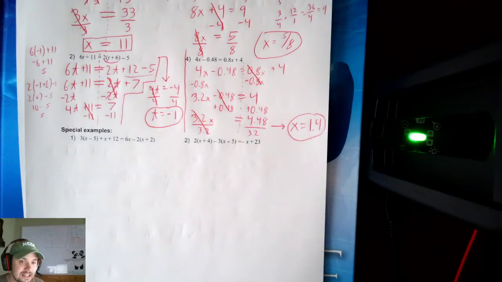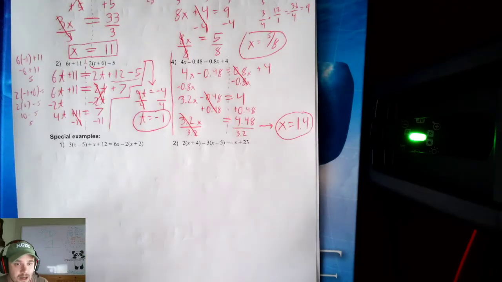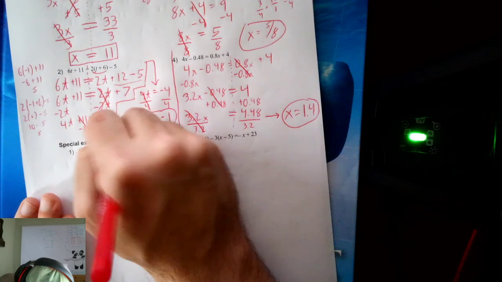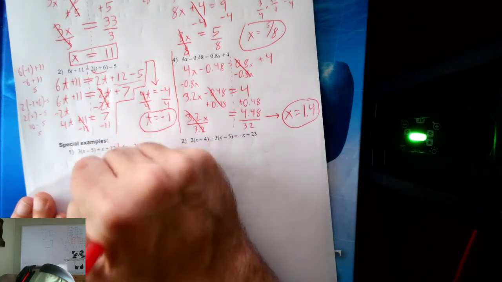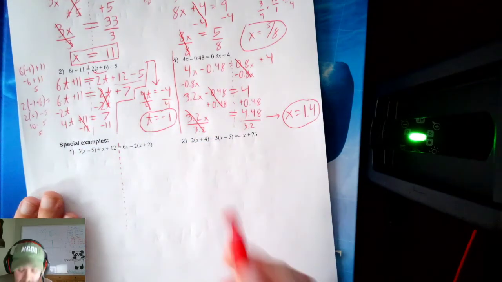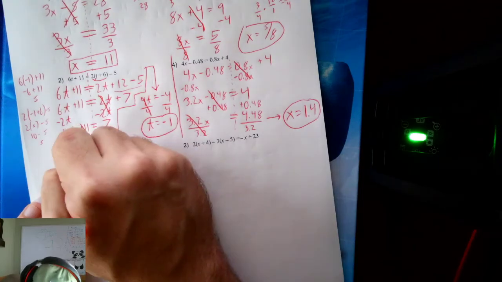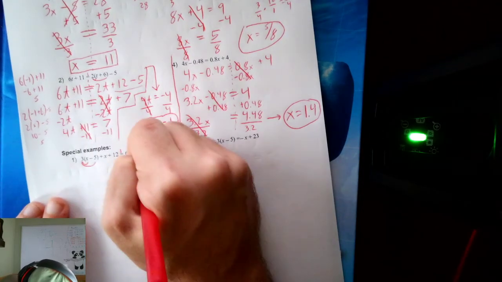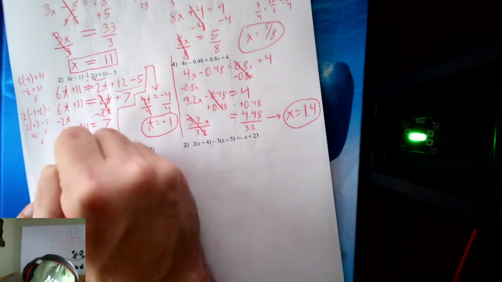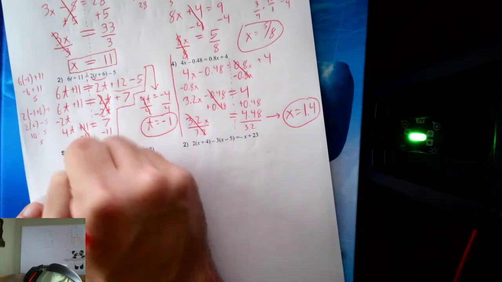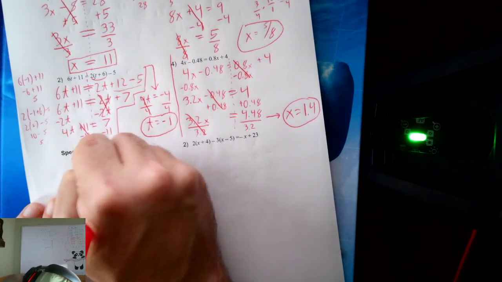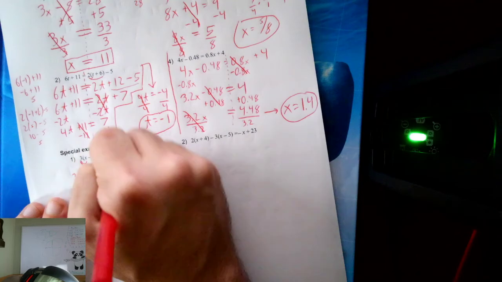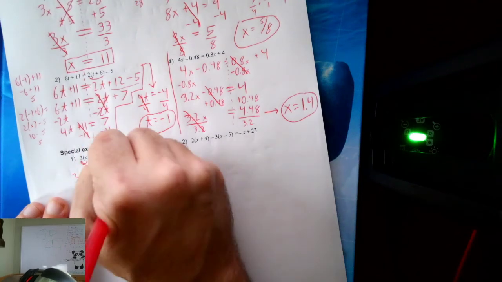The next two and the last two for today are going to be a little bit different. First, let's look at them. They look a little bit cumbersome, so let's draw a dotted line down the middle. And let's do our first step of clearing parentheses. We distribute, right? 3, and we'll have to distribute over here a 2, right? 3x minus 15 plus, I'm going to write 1x plus 12 equals